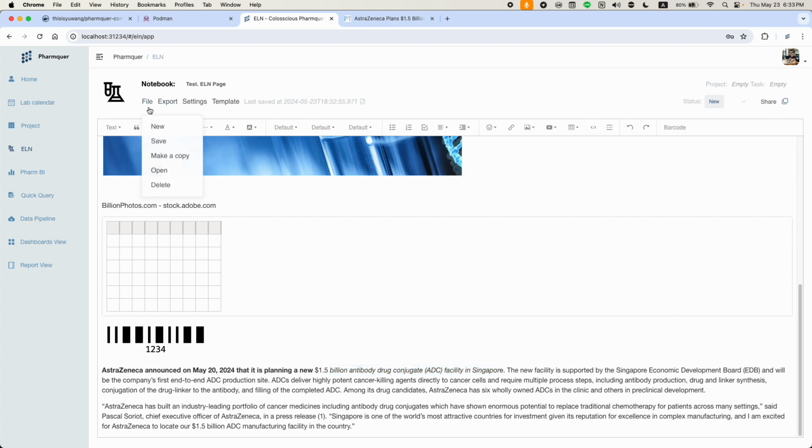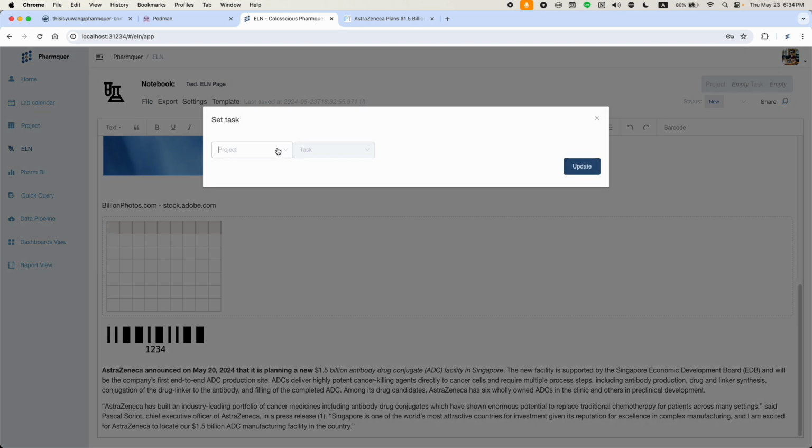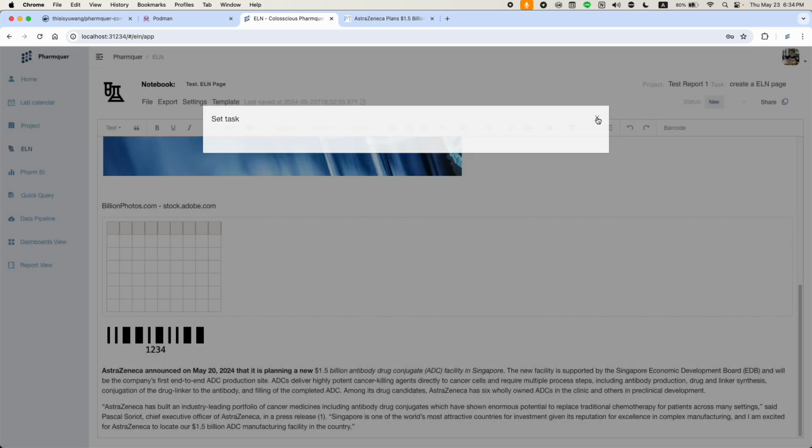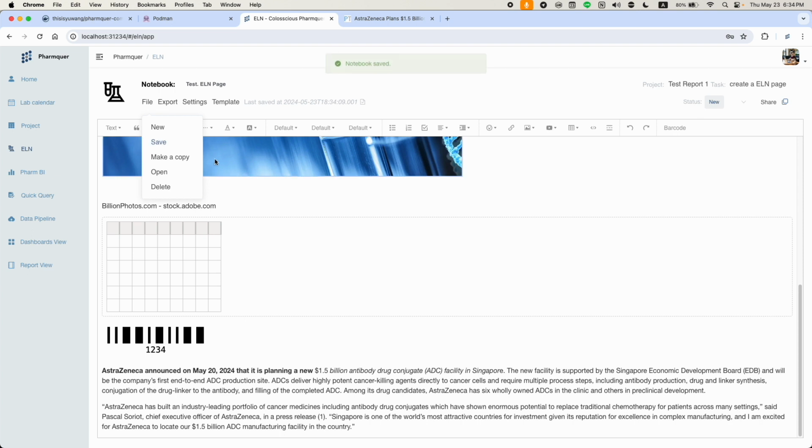Okay, before we save the page, don't forget to link the page to a given task. Then, after the completion, we can share this with our team.